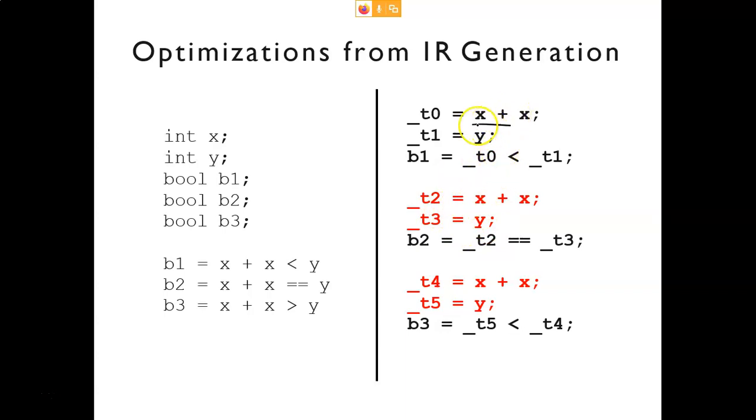So you see here we are calculating this expression x plus x, and we are putting this into T0. You can see after this expression neither are we changing this x nor this T0. We are only using them, but not changing them. So this expression that you calculated and stored into T0,